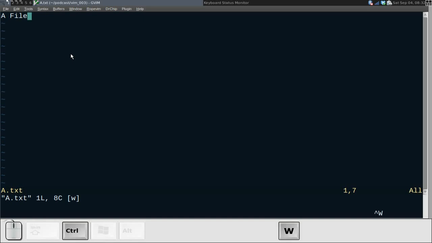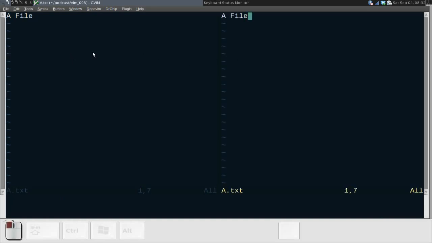And if you remember from episode 1, we talked about splits where we could actually open a file in 2 splits at the same time. What we have here is a single buffer, a buffer that is the file a.txt loaded up into memory for us. And it's split into 2 windows, both pointing at the same buffer. In this way, we can work on a file in 2 different locations at the same time, because the window points to the buffer that's already loaded, but the windows can move up and down separately so that they can view different areas of the same buffer at the same time.